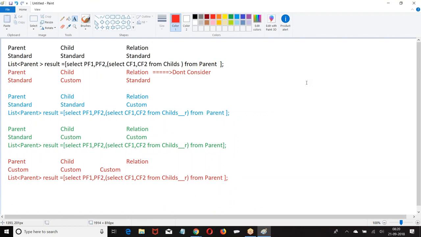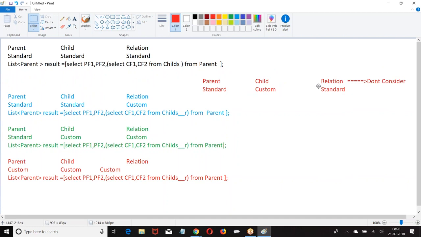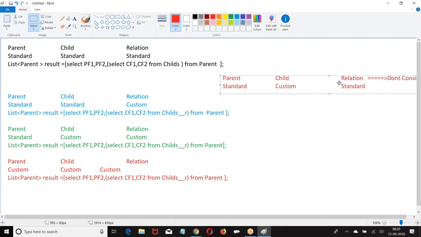So, what is the possibility? What is the possibility? The possibility is parent object being... look at this. Standard object is a parent, child object is also a parent, relation is standard relation. Then how do you write?